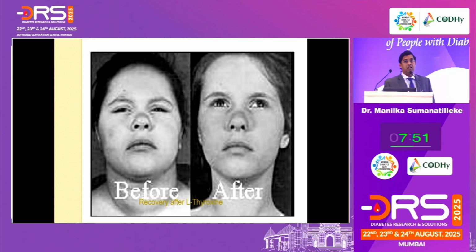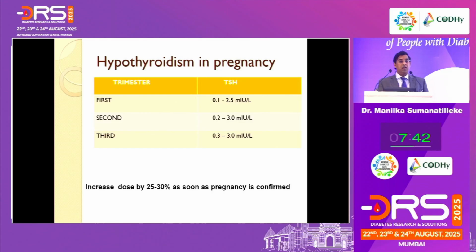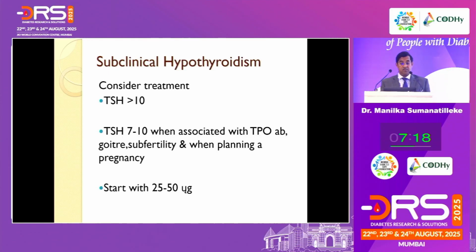So if you get it right, it's a very rewarding disease to treat. Within 2-3 months, your patients will be very happy and back to normal. In pregnancy, in Sri Lanka we have our own levels of TSH for each trimester. I don't know about your setting, but you must refer to your lab and get your normal levels; TSH is generally lower in the trimesters. Somebody on thyroxine, the moment they are pregnant, please increase the dose by 25% and then monitor them closely.